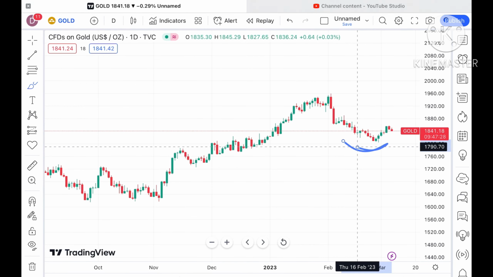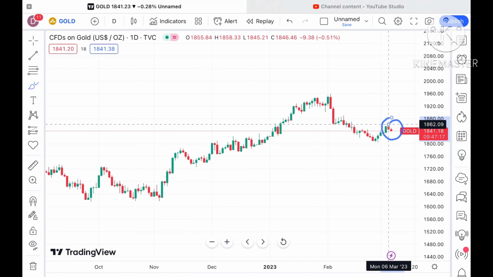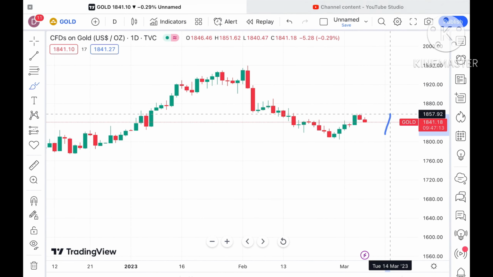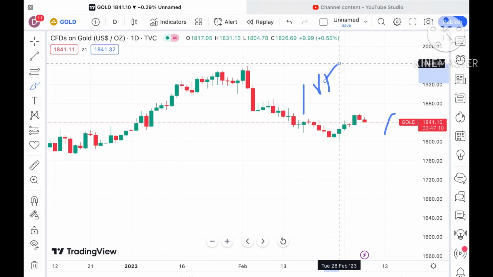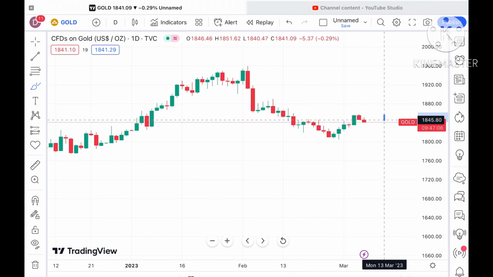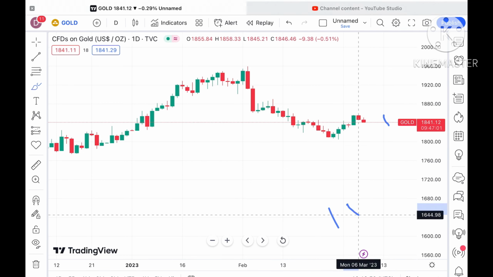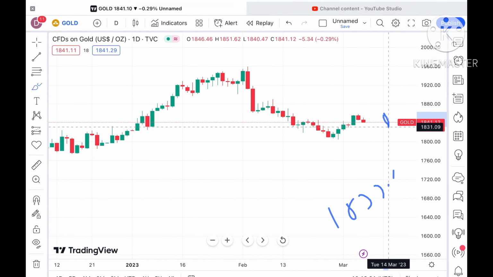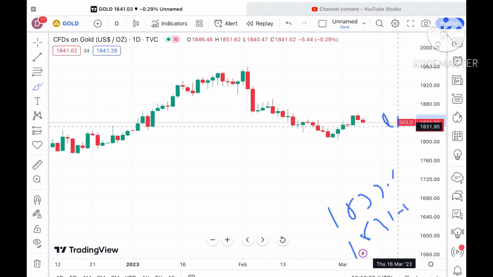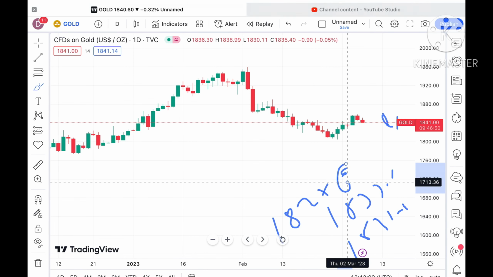See, overall trend, if you look at this particular trend, is upside, but for the last 2 days it is continuously on the downside, as you can see looking at this particular chart. It has already made a high around 1857. After that, there is a downfall continuously for 2 days. So if this level doesn't sustain, chances are very high it can go towards a level of $1833.68, and from there it can touch a level of around 1831.95. If the price falls below that particular zone, then we can see a level of $1827.62, and from there